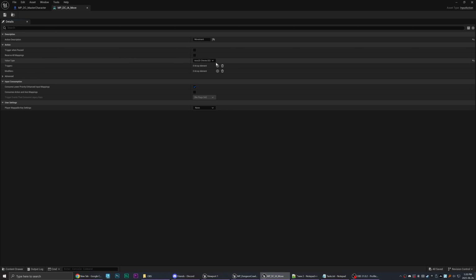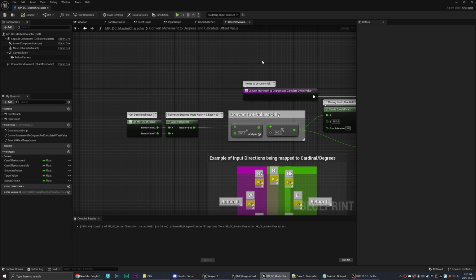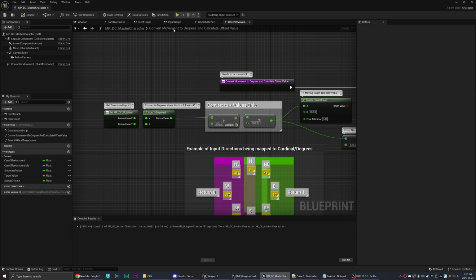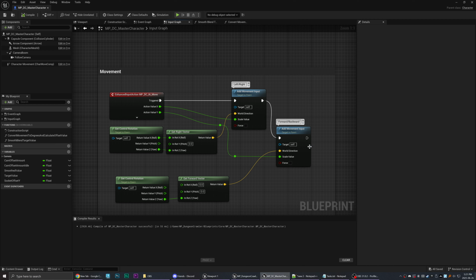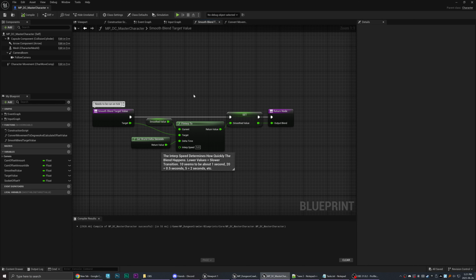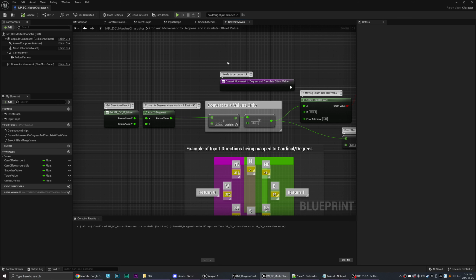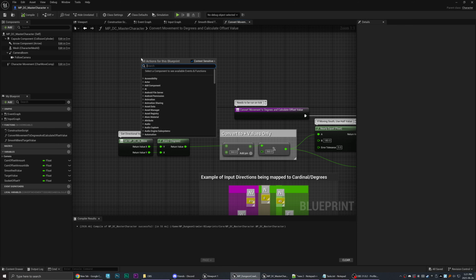That's just using an Axis 2D, and otherwise nothing changed. Once you've set it up to use Enhanced Input to drive your movement, these X and Y values are accessible by simply right-clicking.